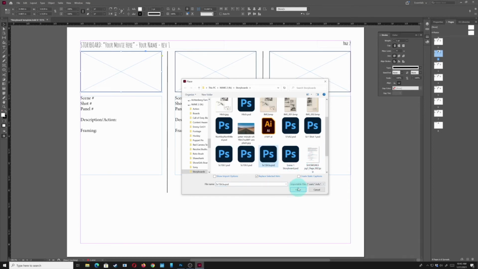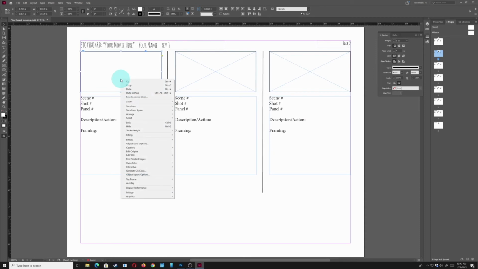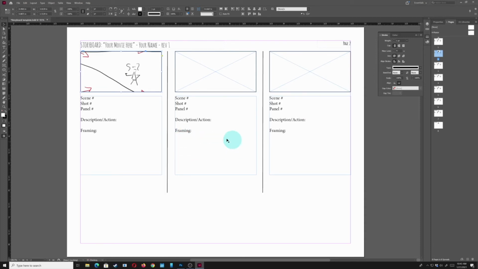And I'll put in 3A. Right click. And there we go. So it doesn't look too bad. It did a good job of blowing it up. So now,